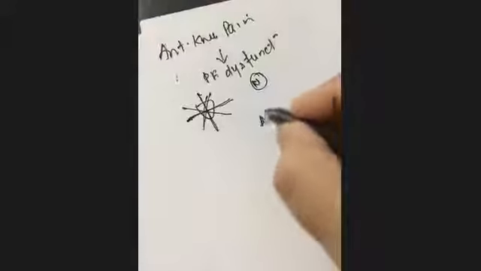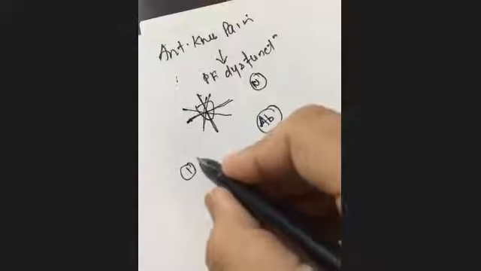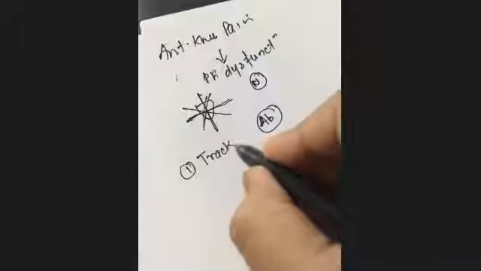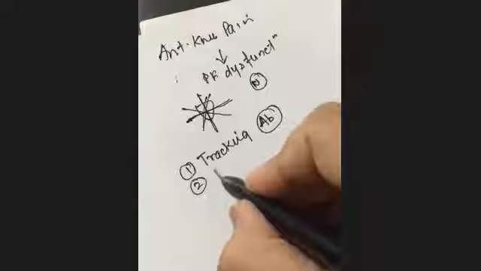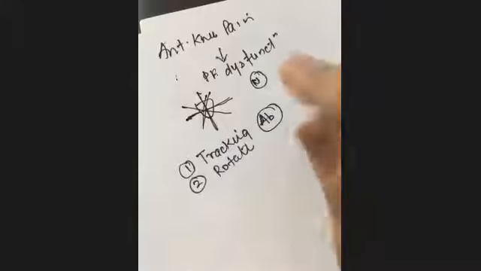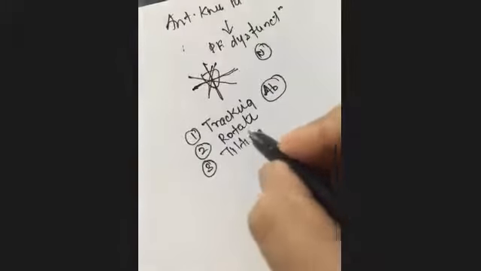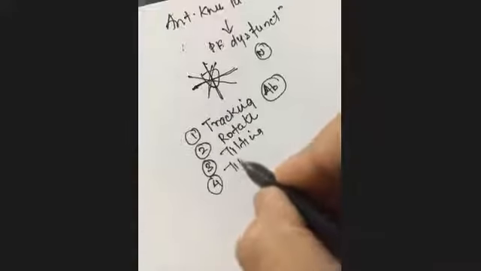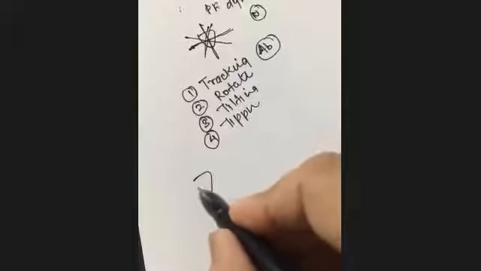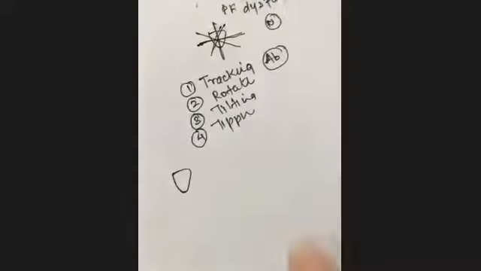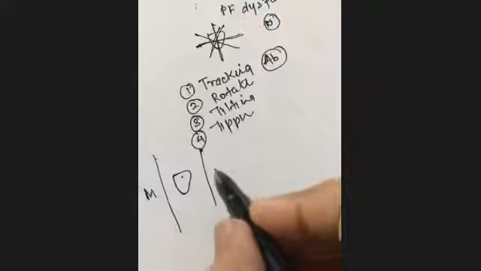In normal pathological movements, patellofemoral dysfunction will always have the first component of tracking, then it will rotate, then it will tilt, and then it is going to tip. So supposing this is the patella, this is the medial and lateral.